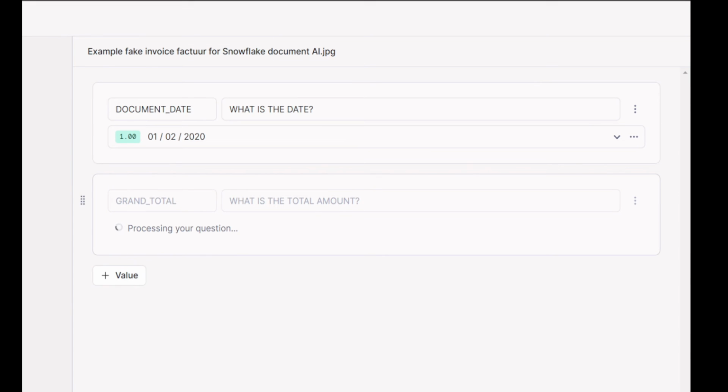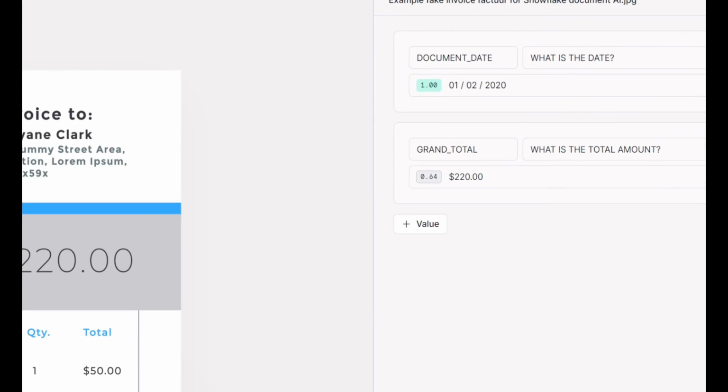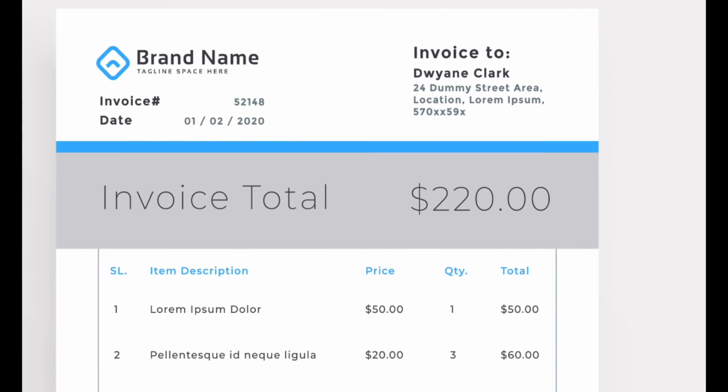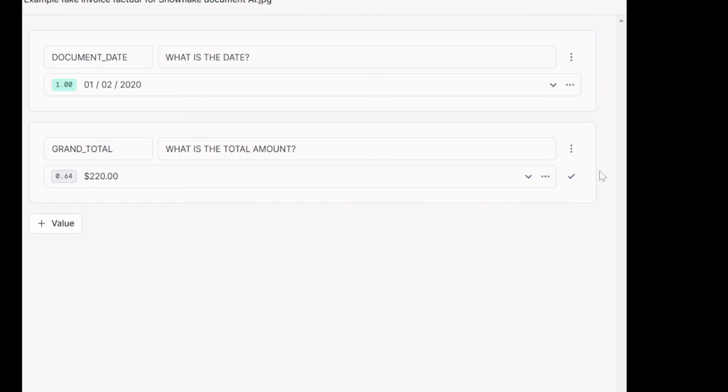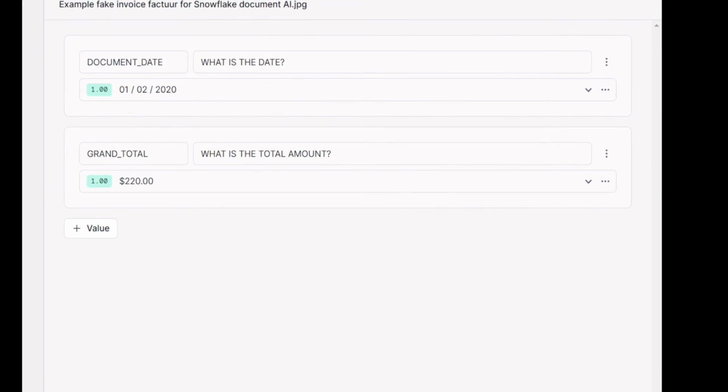It's processing again. $220 with a confidence of 0.64. However, it could be more confident because it is right on the mark. It's $220. So let's tell it it's doing okay again, and you will also see the confidence score go up